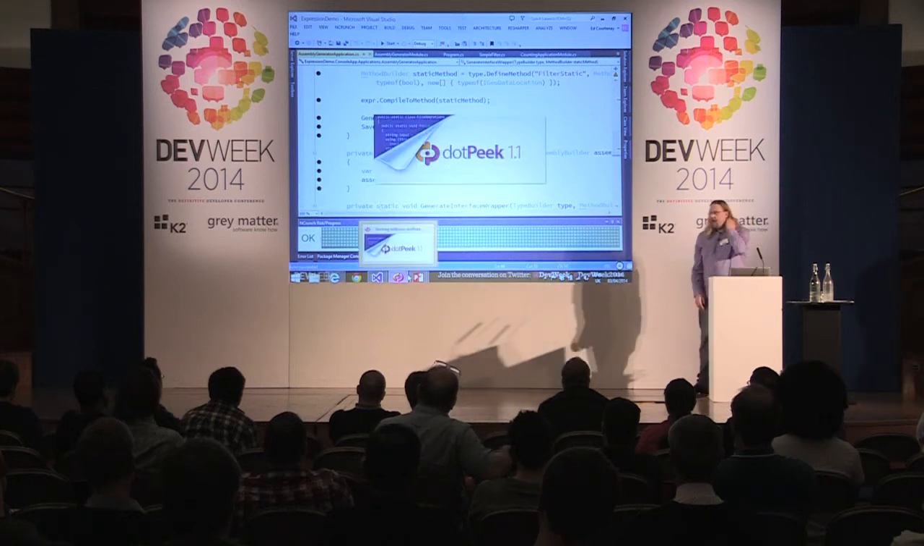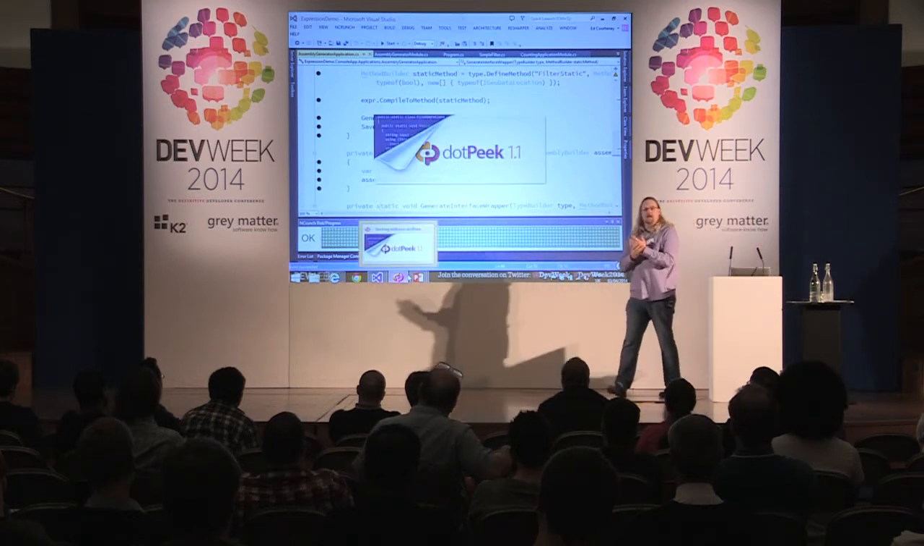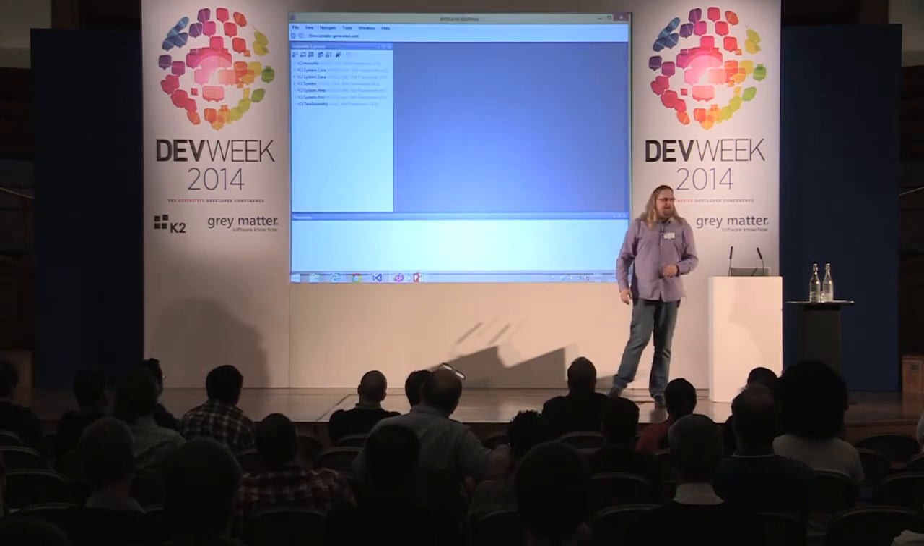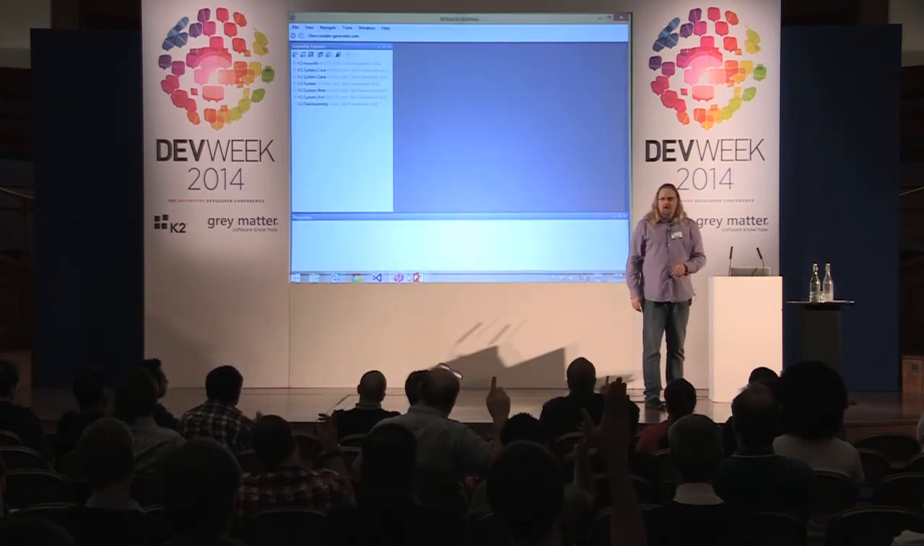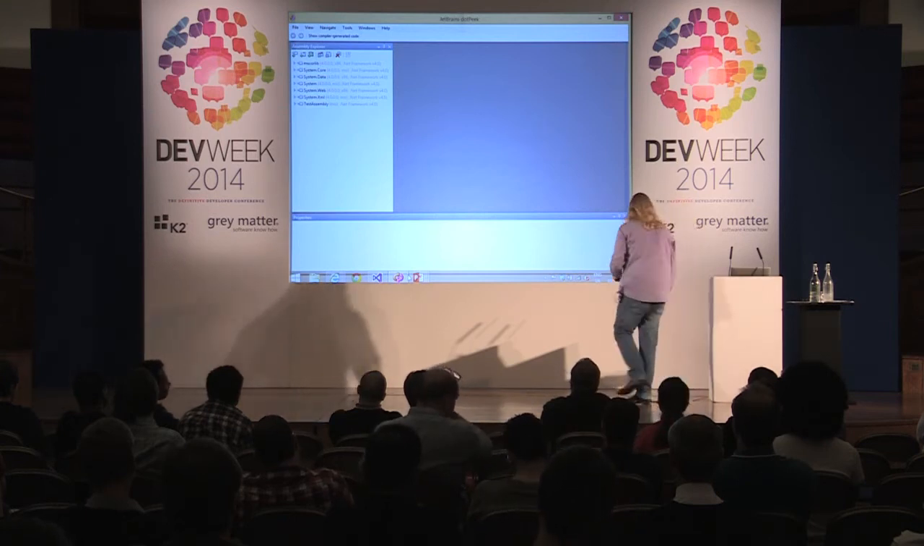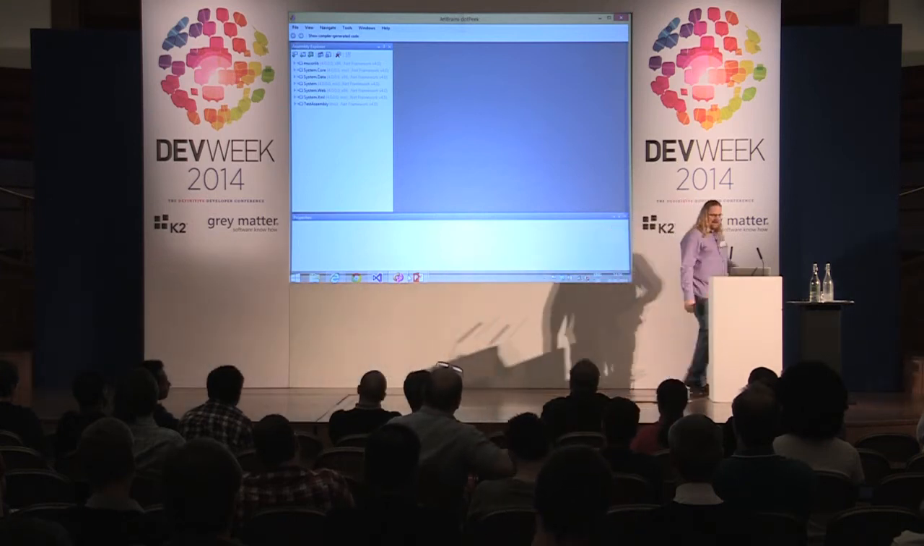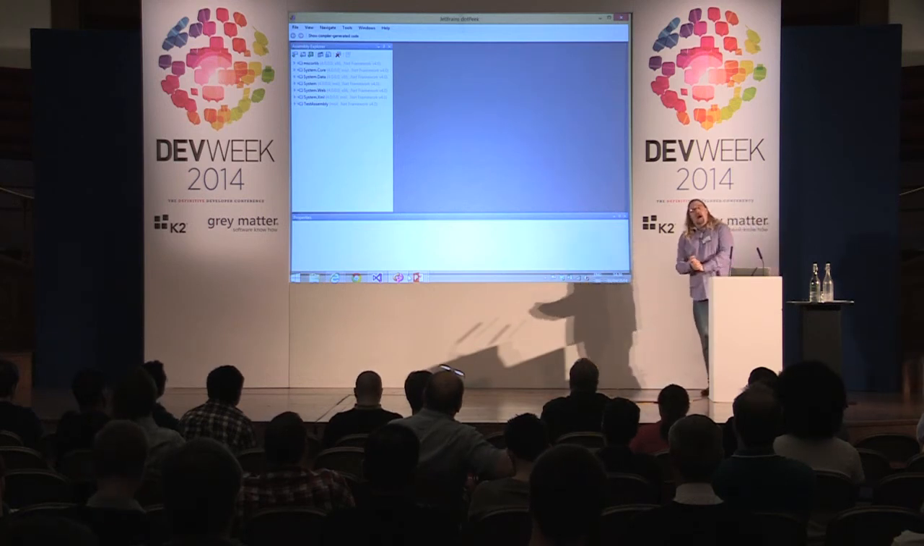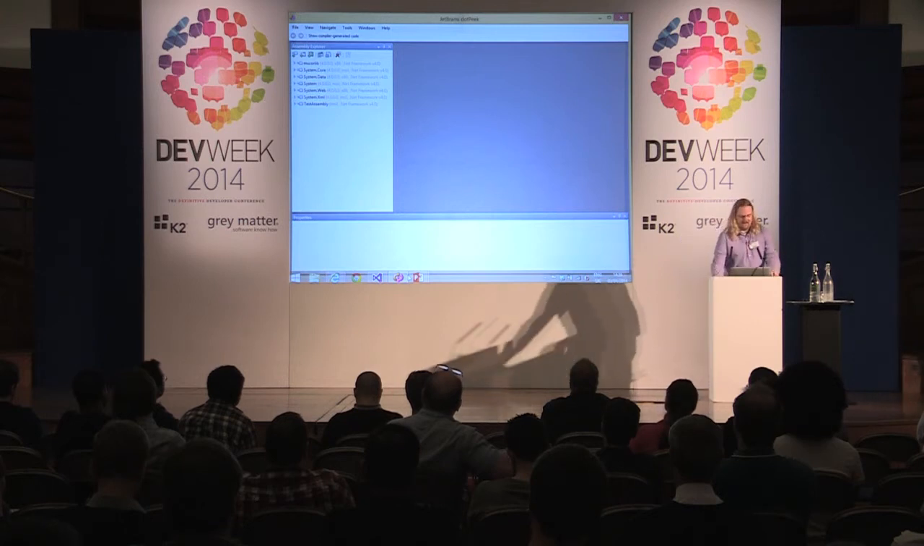How many people ever used to use Reflector? Brilliant. How many people know about .peek? Good. .peek, I think, is brilliant. It's done, but it's written by the same people who write ReSharper, and it's free. So